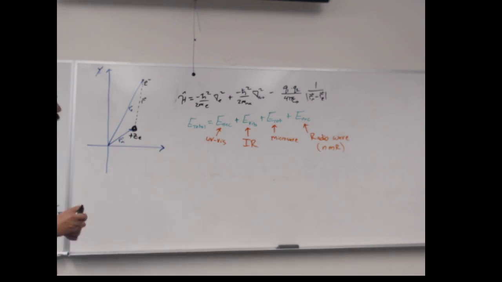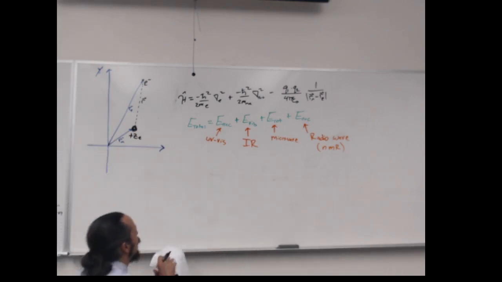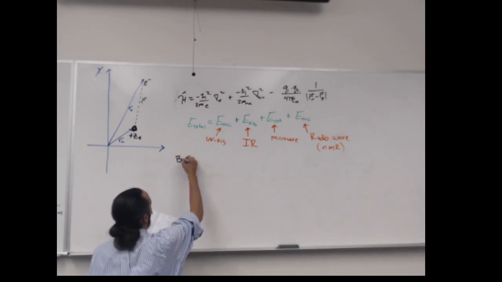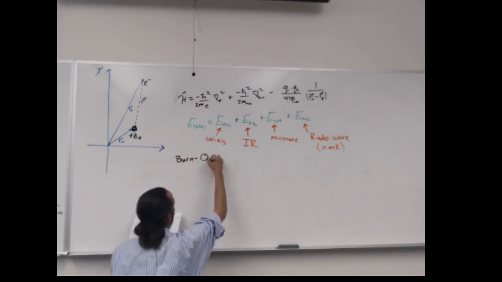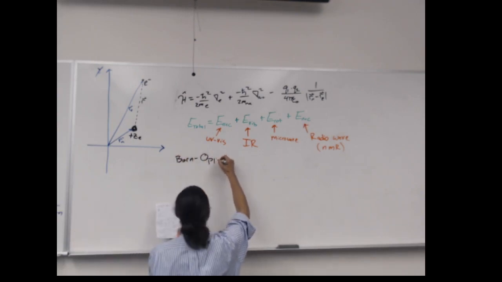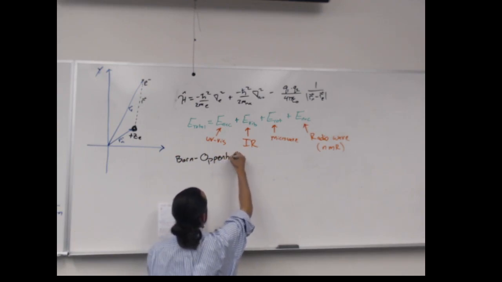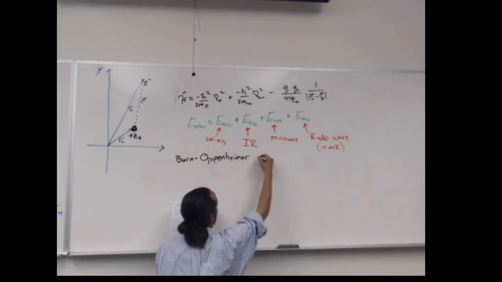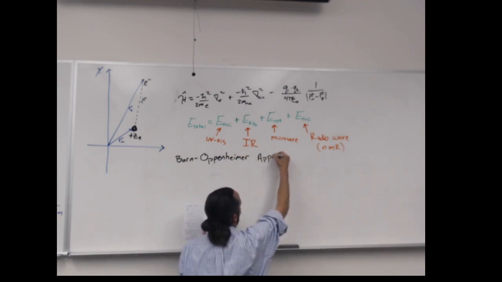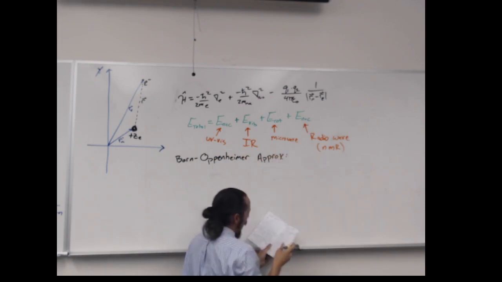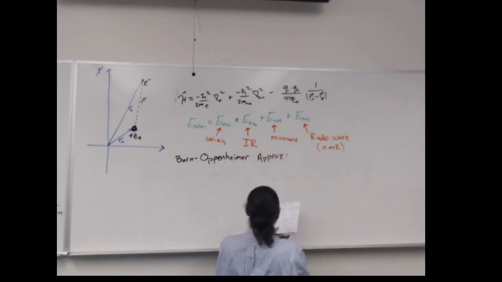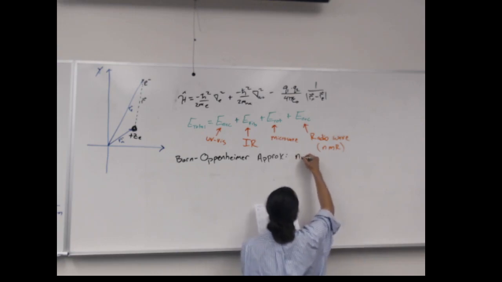And essentially what the Born-Oppenheimer approximation says is that the nuclear motion